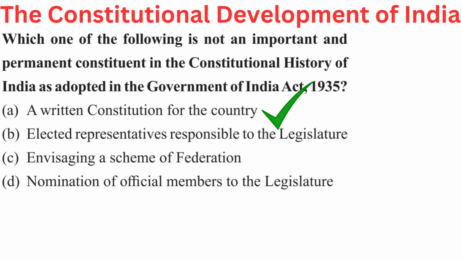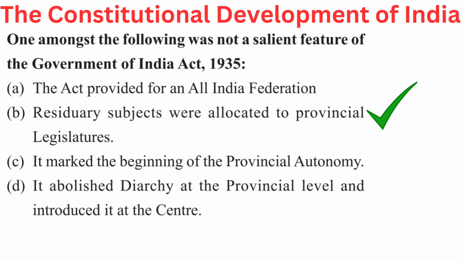C. Envisaging a scheme of federation, or D. Nomination of official members to the legislature. Right answer is A. A written constitution for the country. Your question is, one amongst the following was not a salient feature of the Government of India Act 1935. Your options are A. The Act provided for an All India Federation, B. Residuary subjects were allocated to provincial legislatures,